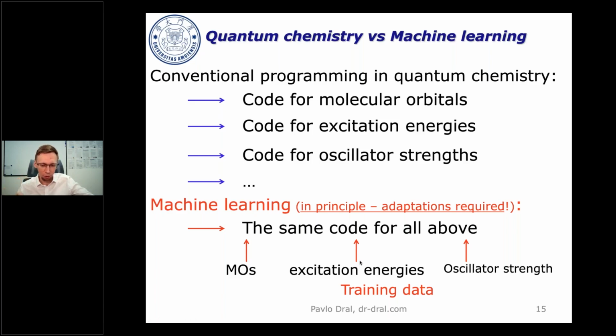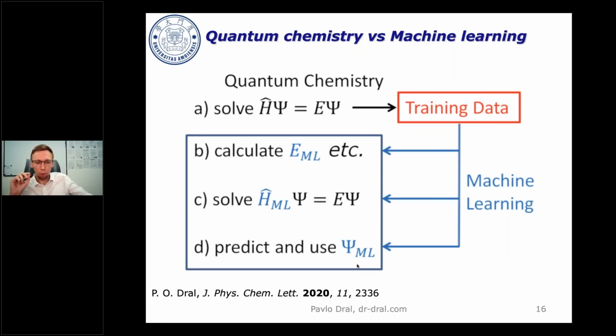Basically, given data, it can learn many things, and it will be very general, so it's easier to use, and it's very accurate and fast, right? If trained properly. And we can merge machine learning also with quantum chemistry. Usually when we solve quantum chemistry, we can just learn the result of the solution of the Schrödinger equation. But we can also learn the Hamiltonian and then solve the equation, or we can even learn the wave function. So there is lots of potential and lots of interesting work which is now entering